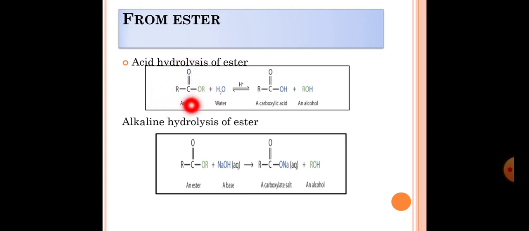Okay, so acid will be prepared from ester. How? That we have to see. Acid hydrolysis of ester. In the presence of acid, hydrolysis will take place. You can see here, it is acid hydrolysis. So H plus you can see here, and in the presence of water, the ester reacts with the water. It is an acidic medium, and therefore it is going to convert to the carboxylic acid. Not only the carboxylic acid, along with it one more product is prepared, the alcohol, ROH.